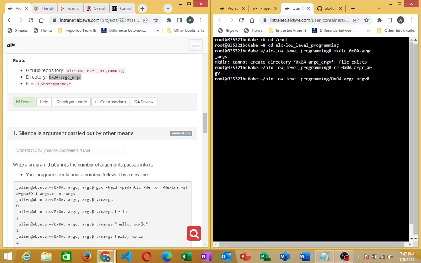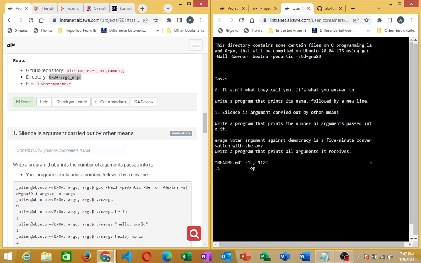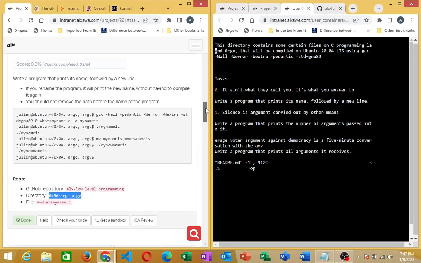So the next thing we will have to do now is to create our readme file. So how do we do that? You come here, you do vi readme.md. Okay, so you click tab. So this becomes your readme file. How did I get this? Like I will always explain, that is very easy. You come here, you copy